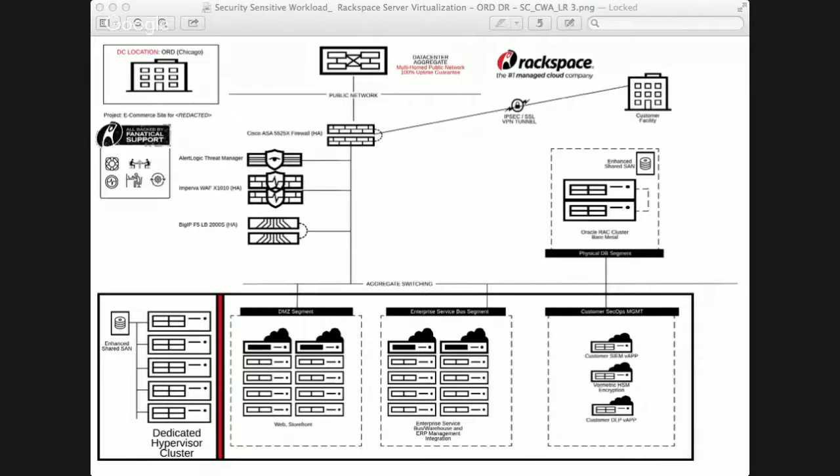Yeah, so we're actually handling these at either the firewall layer or at the AFM module on the F5. So these are separate discrete VLAN segments, and that's actually as per the customer's requirements. Okay, that makes sense, and that's a good point to note too. When you provision a VM on the server platform, not only are you provisioning a virtual machine, but you also have a bunch of network plumbing that needs to get hooked up so that VM can speak to the world, right? There are different approaches to that, obviously, but in our model with ServerVert, that's actually